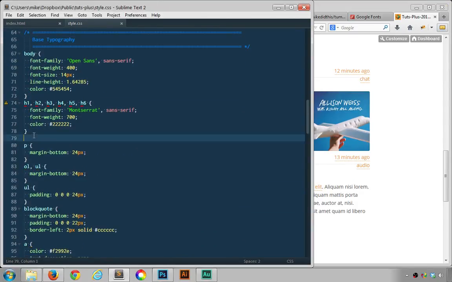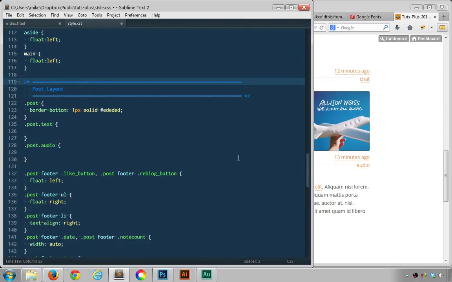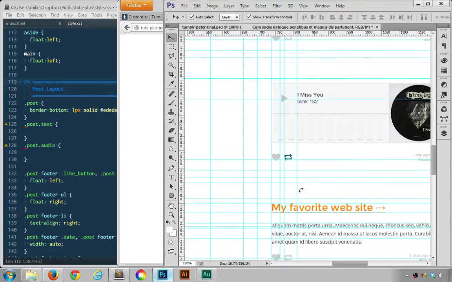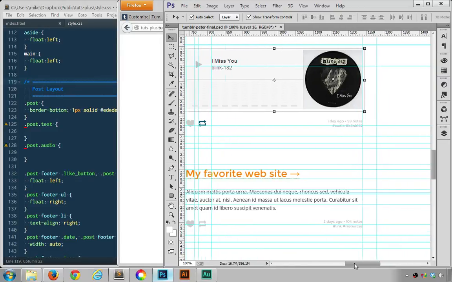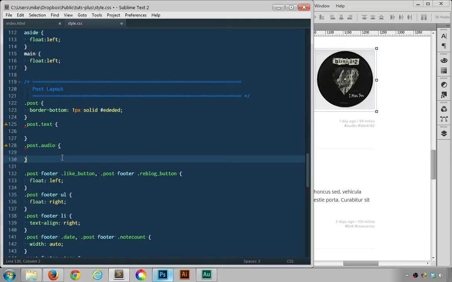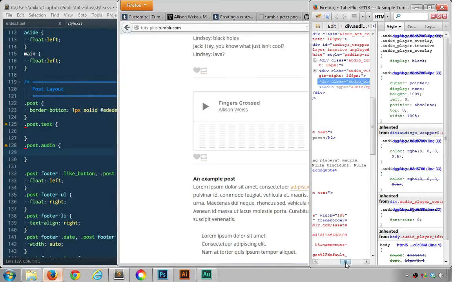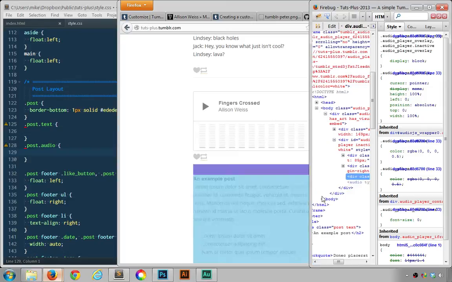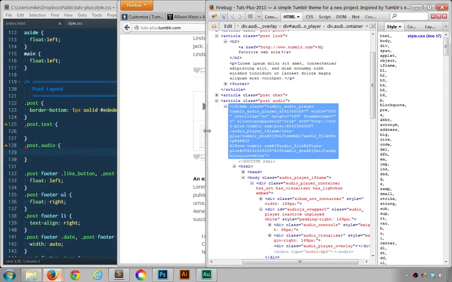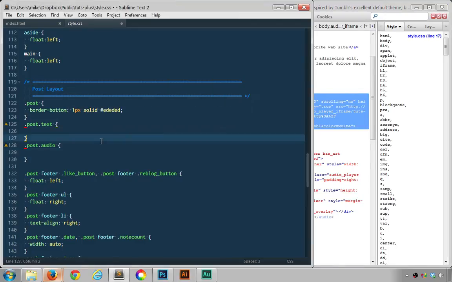Now, something I've already spotted is if we go back to the post styles, ideally we would like a margin below our audio post. And I'm going to make that 30 pixels. So what we'll do here is if we actually just have a look, this audio player is given to us via an iframe. A lot of the things that Tumblr passes through to us is via an iframe. So I'm just going to take one of them classes,